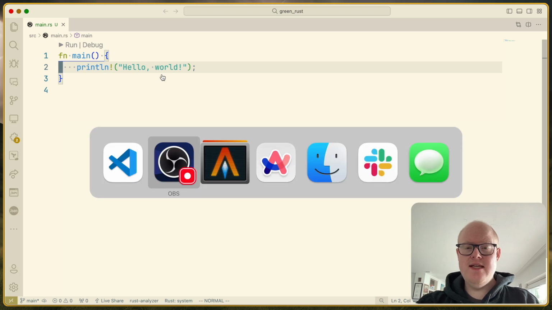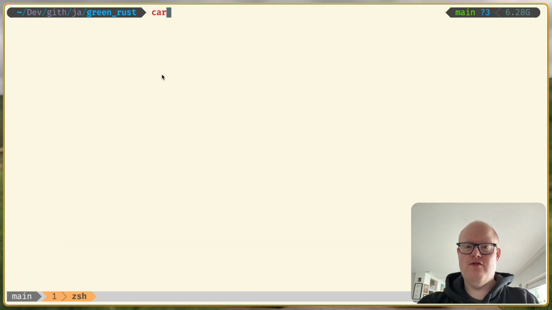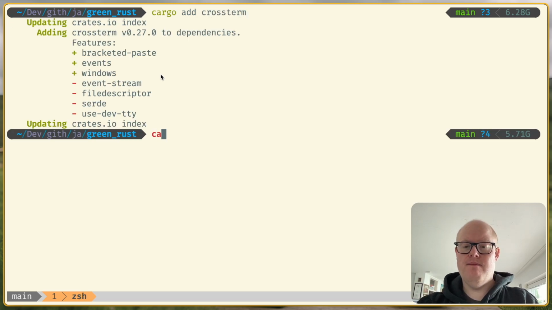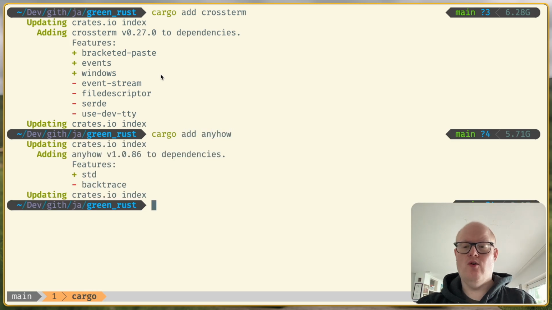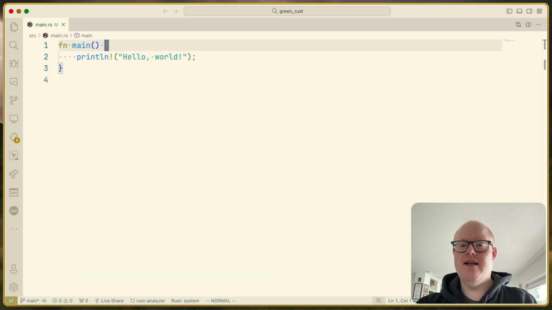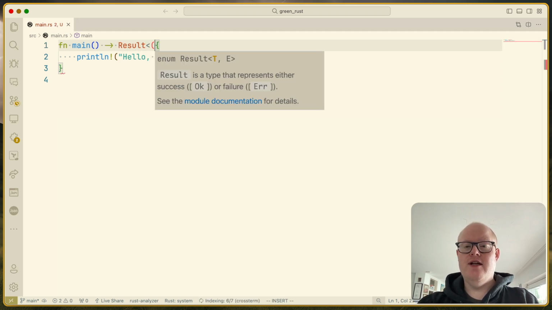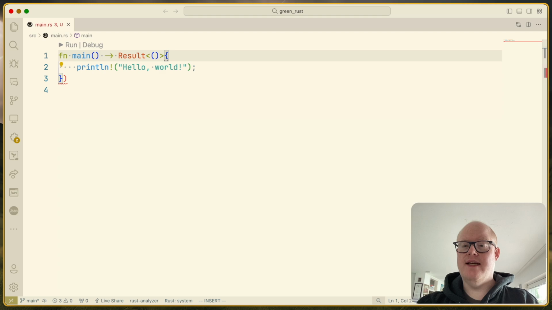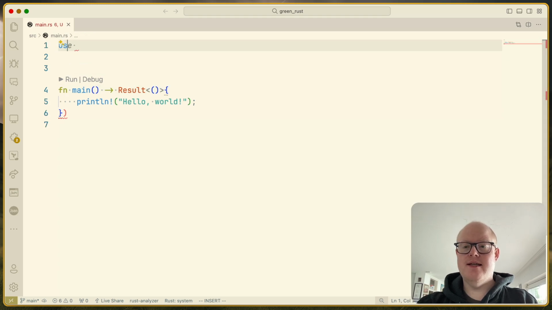Yeah, I guess we need some dependencies from the get-go. So let's add crossterm, which we definitely will need. And let's add anyhow, as we are always doing, anyhow error reporting anyways. So let's start by returning a result from our main, because I guess we will need that anyways. And we do use anyhow